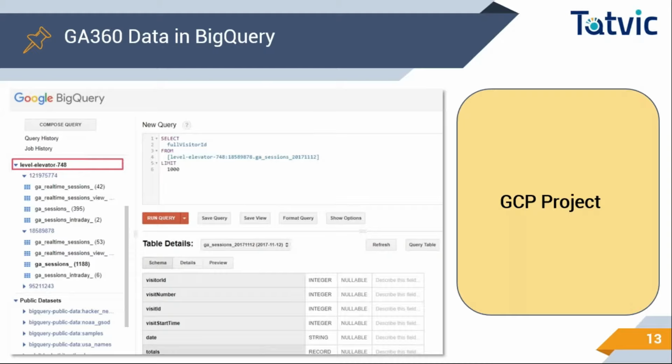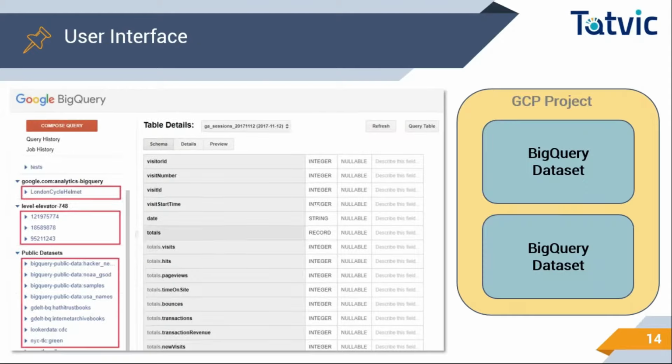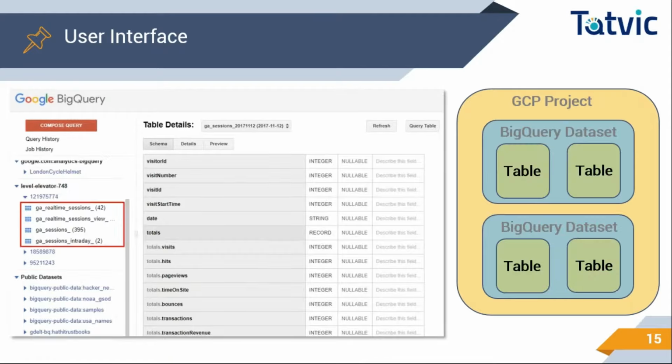we have multiple tables. So what Google does is, for every day's data, it will create one separate table with a prefix GA underscore sessions underscore and the date. So for every day's data, it will create a new table and put it under one of the data sets. In the screenshot, you can see under the project, I have multiple data sets, and under the multiple data sets, again, I have different tables. The reason we are looking at different numbers is because these are date partition tables.